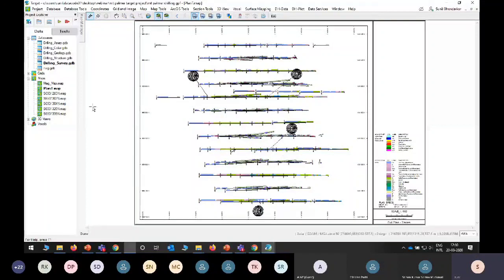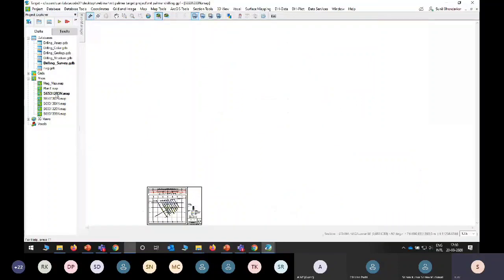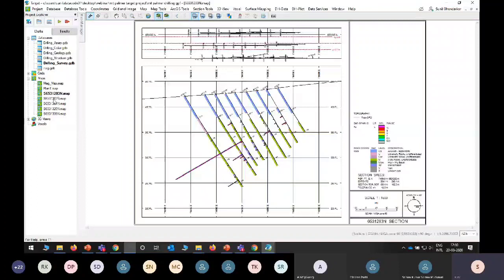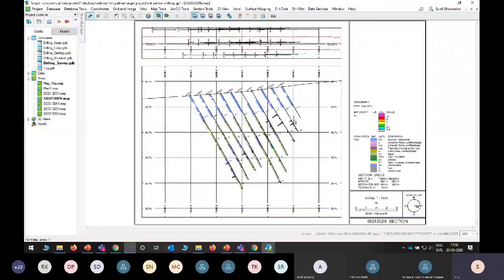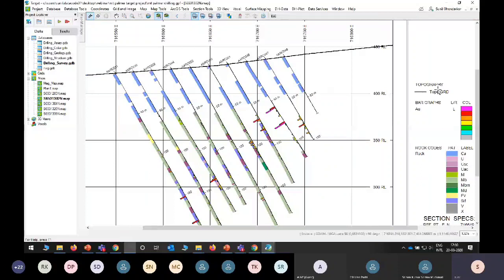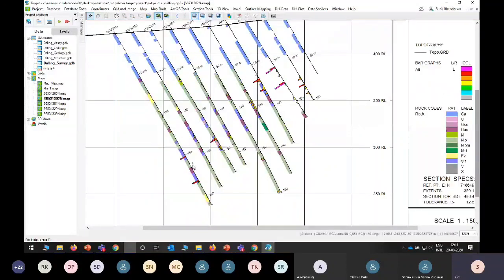Here we are creating a few sections, and in each section you can see the value of gold. Here I can easily understand this is my orebody direction, because here I am getting a higher value, so when I select this area, there may be a chance of getting it, or I can select like this.